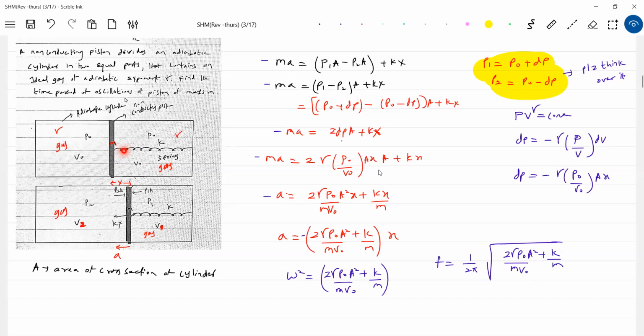Anybody wants to answer? Yes, sir. If it is conducting, exchange of heat will occur, making it an isothermal process. Then this gamma will not come. Yes, it also depends upon the material of the piston, whether it is conducting or non-conducting. Getting this? If they want to ask anything theoretical, I think we must have this background first, then we should attempt. This is what happens in some of the questions in books.